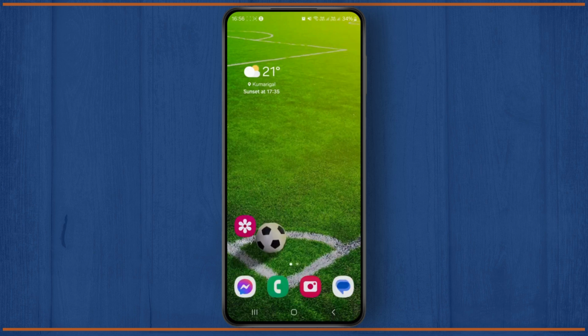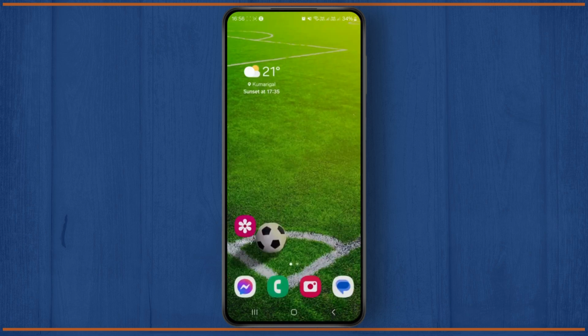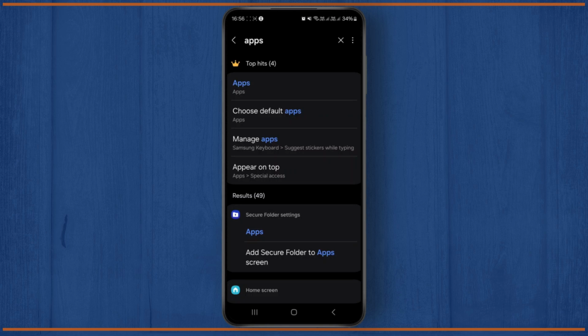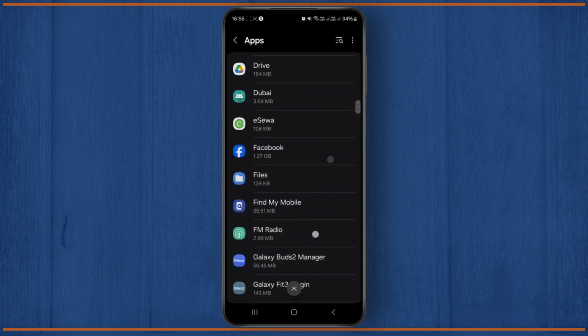In this video I'll be showing you how to fix your Messenger notes not showing on your Messenger. So if you're also facing this same type of issue, then what you need to do is simply head over to your mobile settings, and once you're inside settings, you can simply search in the apps, or you can just hover over it. And once you search in for the apps, simply find the Messenger application